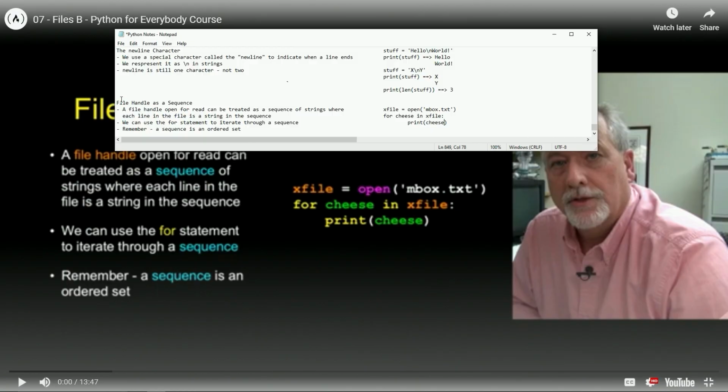Little late summer congestion, whatever. File handle as a sequence. A file handle open for read can be treated as a sequence of strings where each line in the file is a string in the sequence.